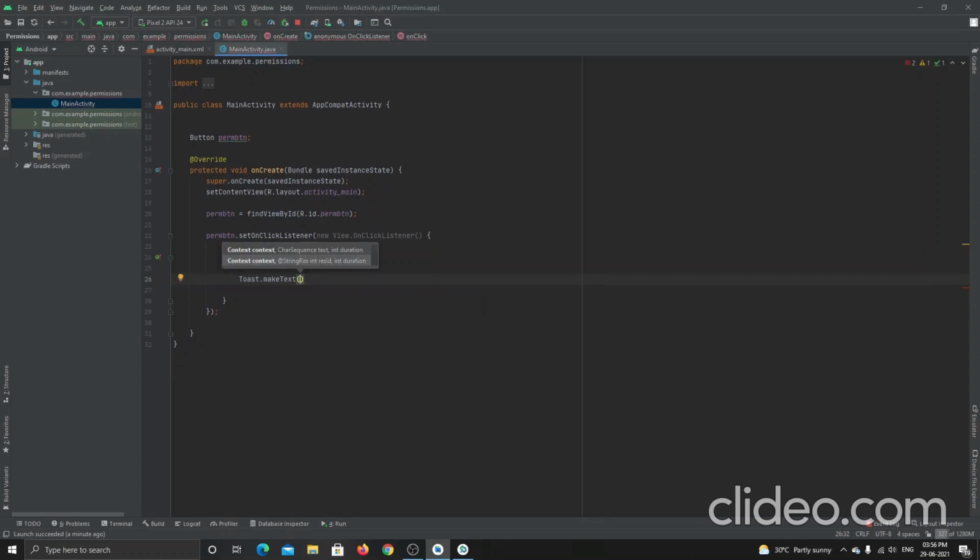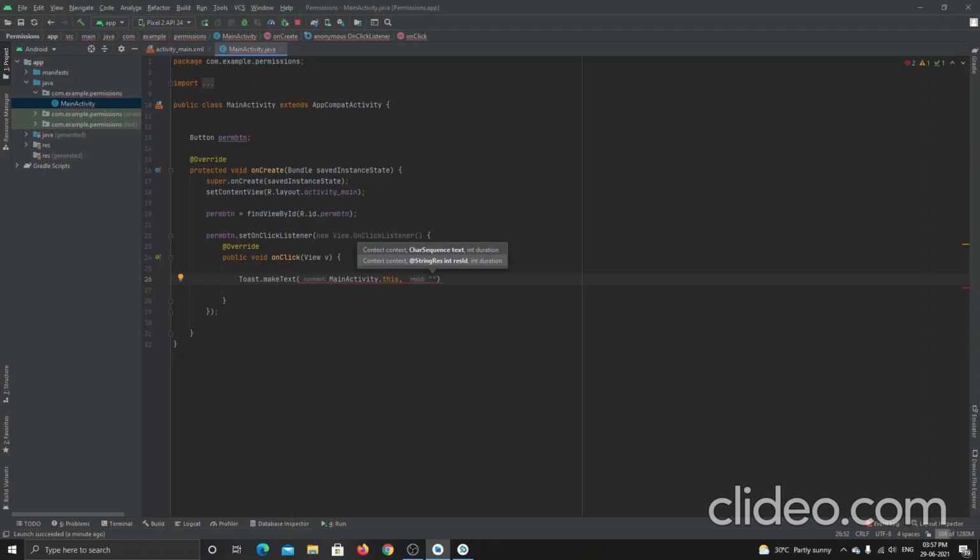Inside, first specify the context, main activity dot this, and I want to specify the message that is clicked.